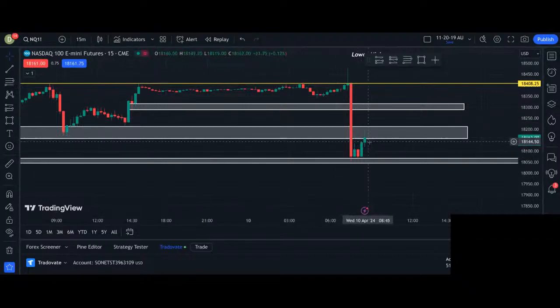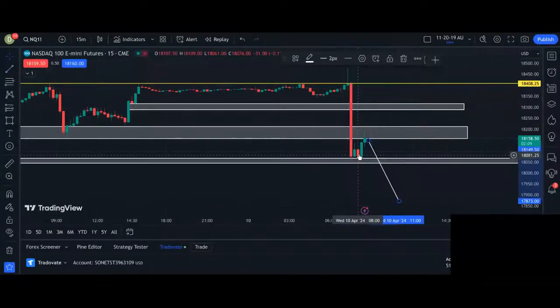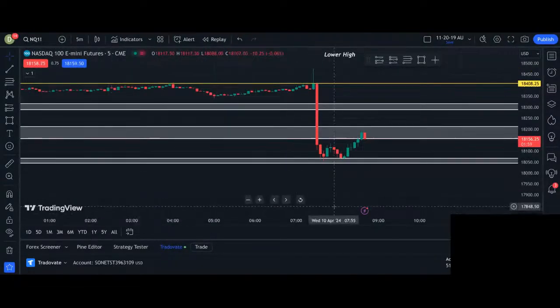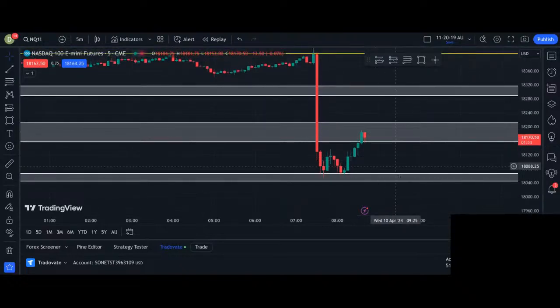Price could definitely be rejecting this area right here to go back and fall. If we come back to this area, I'm probably 100% sure it's gonna fall. It's gonna break through this zone. And we'll see. It's just this W right here is making me think that price wants to go up, but the trend is down, so